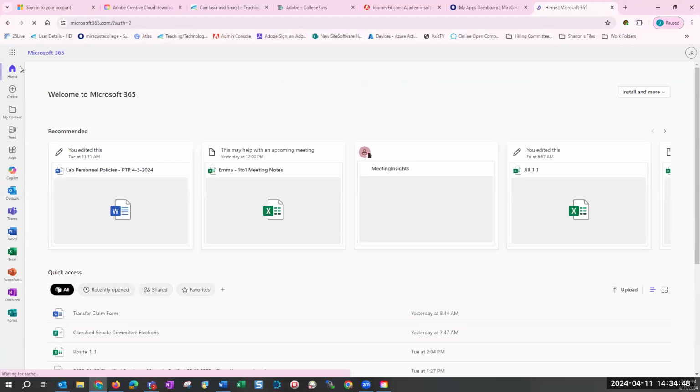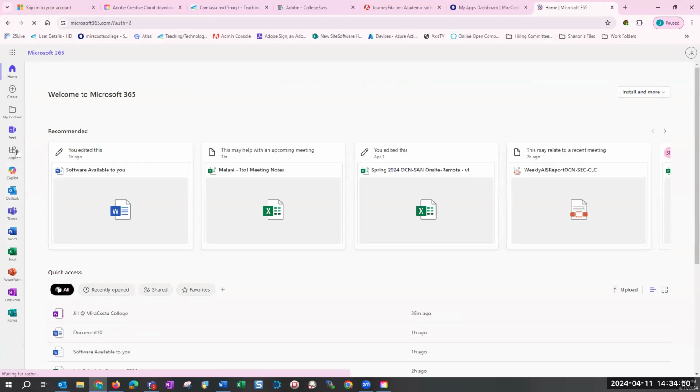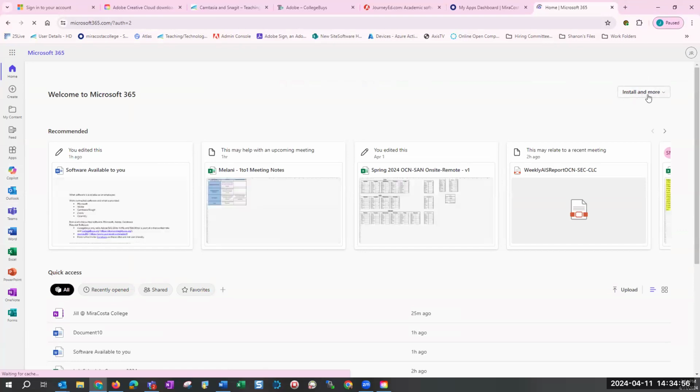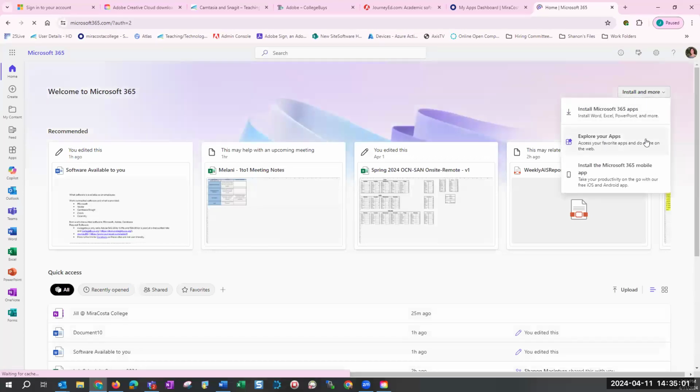I was here, which had this toolbar over here. But if you look in the top right-hand corner, there's this Install and more. And if you noticed earlier, I clicked on this and went to Explore your apps, so I can see all the different apps that were available in Office. So if you click right here,